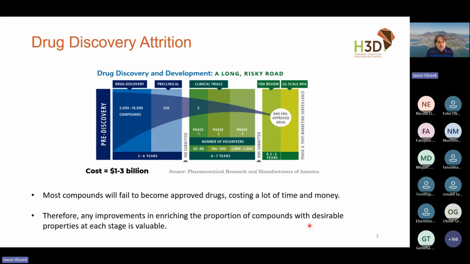And so how we do drug discovery, maybe you've seen a pipeline that looks like this, where looking at the industry as a whole, typically in the pre-discovery phase, you'll have tens of thousands, millions of compounds being screened for potential activity to work as a medicine. But only a few of those will be actually progressed into formal drug discovery projects. And so here in the drug discovery phase, this is, for example, where H3D spends all of its time.